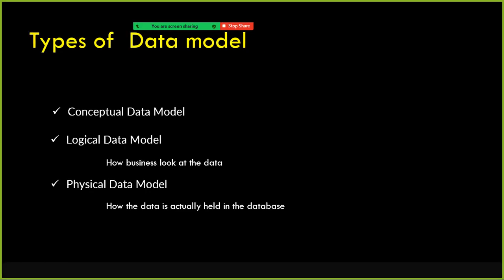There are three types of data model. One is the conceptual data model, the next one is the logical data model, and the last one is the physical data model. The conceptual data model is an abstract data model. It is a preliminary step, wherein we define what entities the system or the database should contain. As part of this, we identify the essential entities, nothing but the tables,